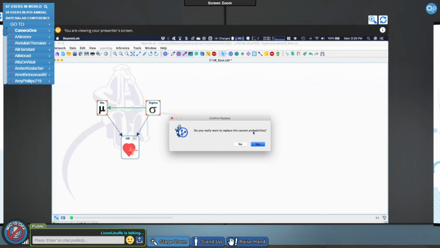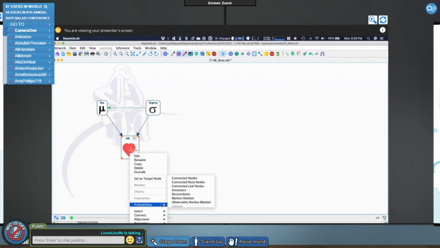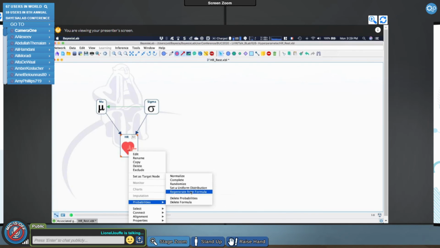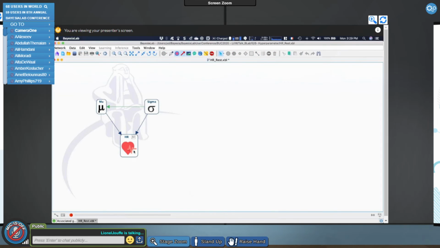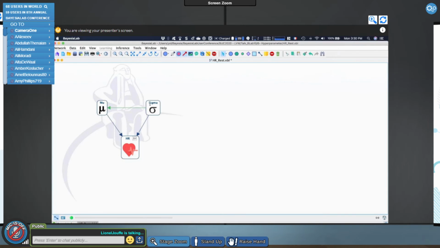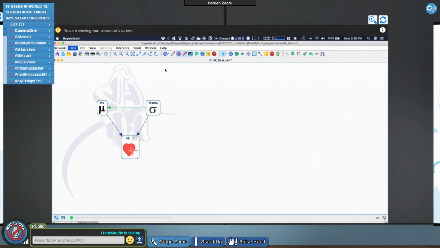So I'm going back, I'm resetting, if you want, my knowledge here. And if I want, I can also right-click here and select regenerate from formula. This will regenerate the normal distribution that I have defined here for heart rate based on mu and sigma, right? And then now I'm going to associate a data set where, oops, not this one, sorry.